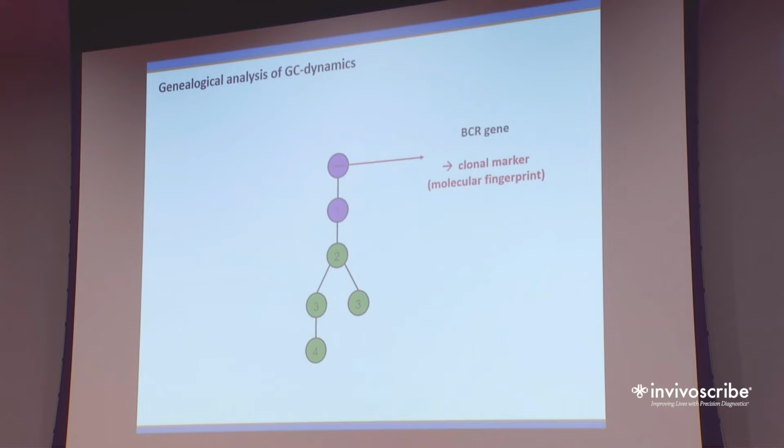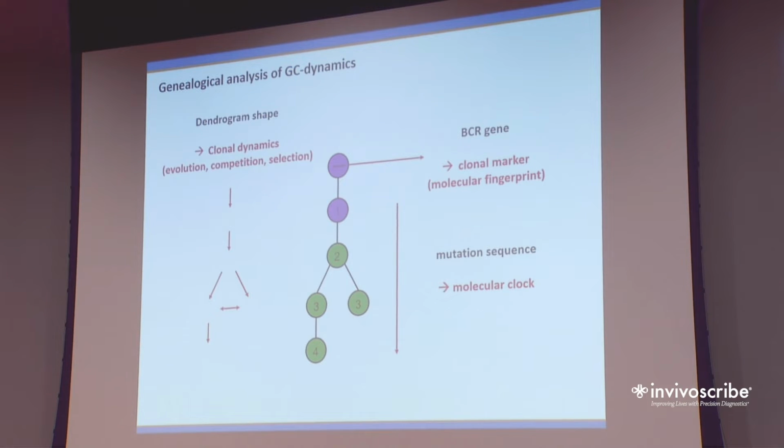So this would, for example, then lead to this very simplified scheme of a genealogical analysis of a memory B cell clone. First of all, we have these different parameters. The B cell receptor gene rearrangement, of course, serves as a clonal marker, as a molecular fingerprint of the clone, if you want. Second, we have the mutational sequence. Each node represents one additional sequence, and this may serve as a molecular clock. And of course, the shape of the tree would tell us something about the clonal dynamics, that is evolution, competition,